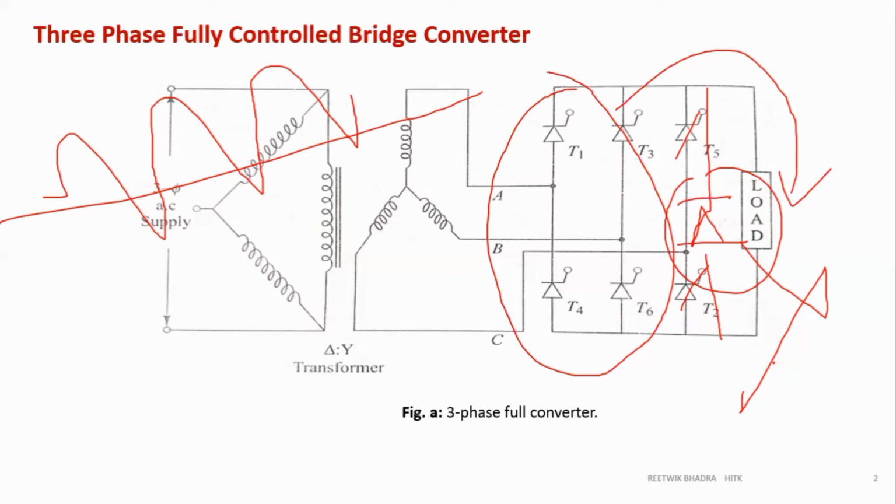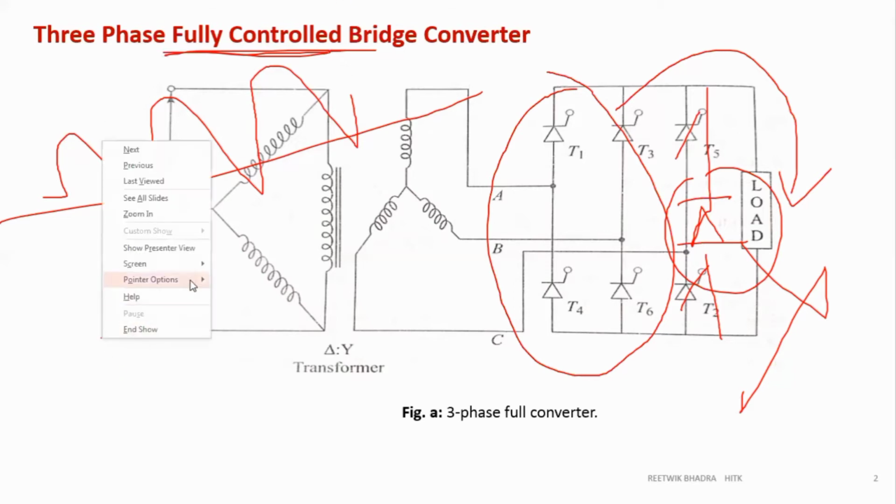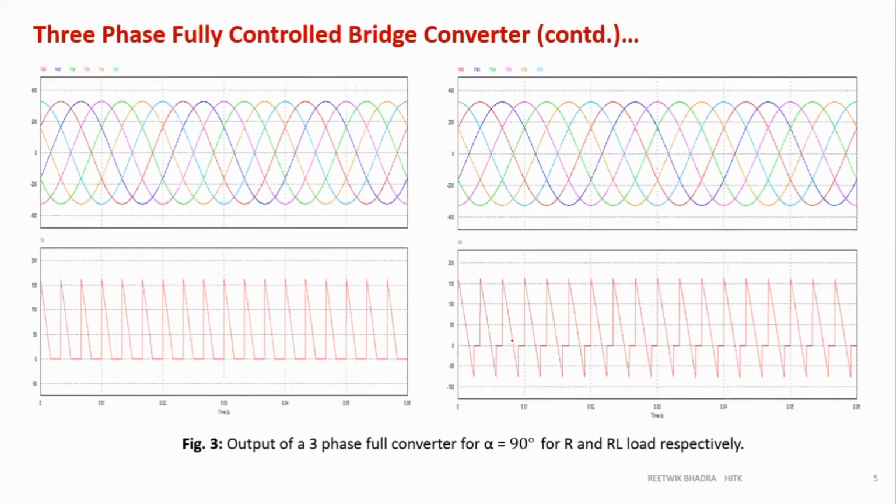But now over here you see again same thing, we are using a full converter, right? So again there will be no chance of your load voltage becoming 0. So it will discharge through the source only. So that's why we'll have a negative portion over here if you are using RL load. So that's why what I have shown over here is negative. Compare these two waveforms. You can see the magnitudes are same, right? Positive magnitude is same because positive side will always look the same.